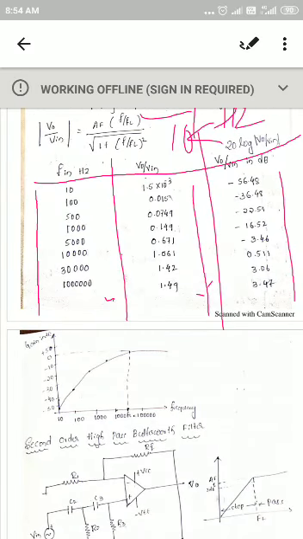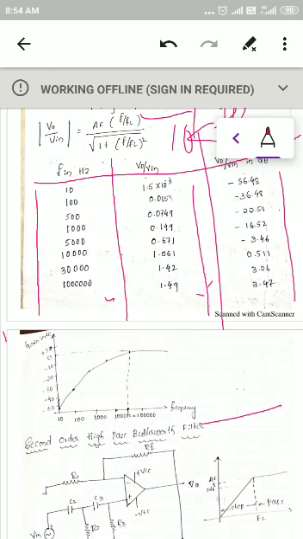The frequency response characteristic is nothing but a graphical representation of the variation of the gain with respect to frequency. So here you have to plot frequency versus gain. I have taken frequency as 10, 100, 1000, 10,000 and so on. Take frequency on one axis and gain values on the other, and just choose a proper scale.